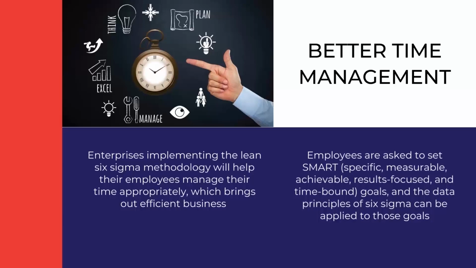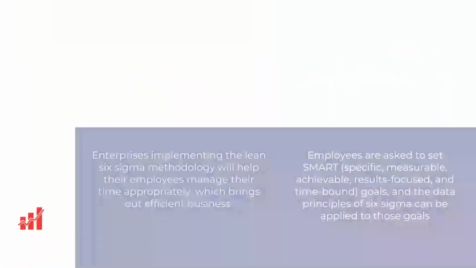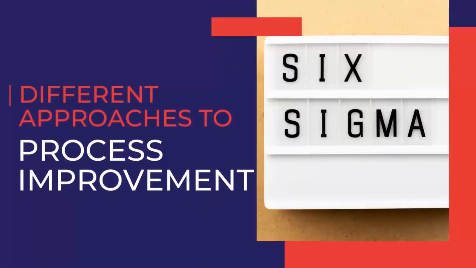So, this was about the need for Six Sigma awareness. Now we will see the different approaches to process improvement. Now, if businesses decided to stay the same over time consistently, many of them would collapse. However, innovation requires change, and if businesses don't change to meet customer needs, they won't achieve much growth.